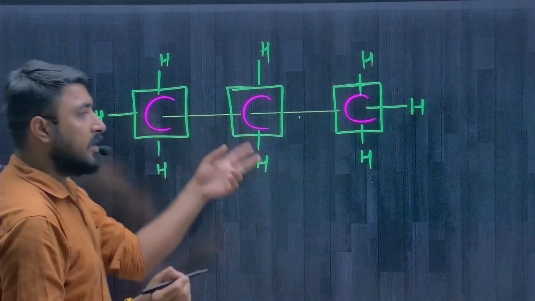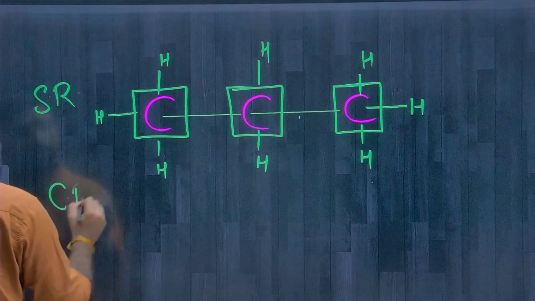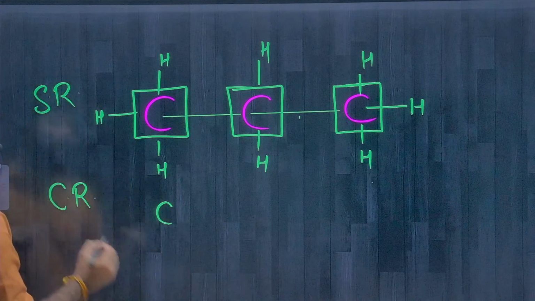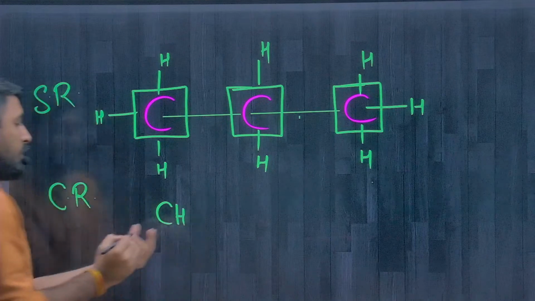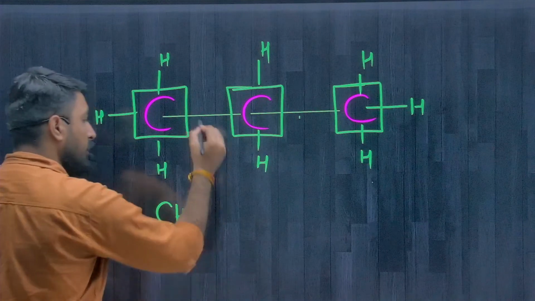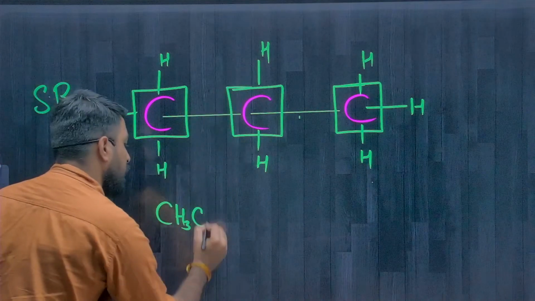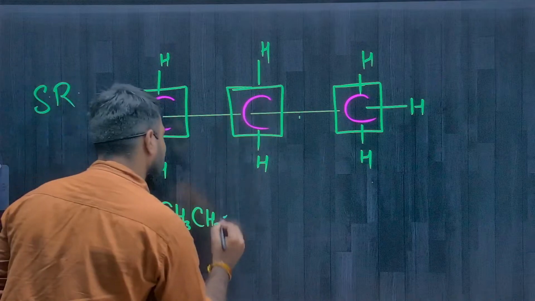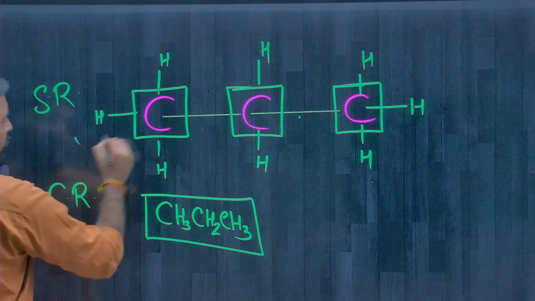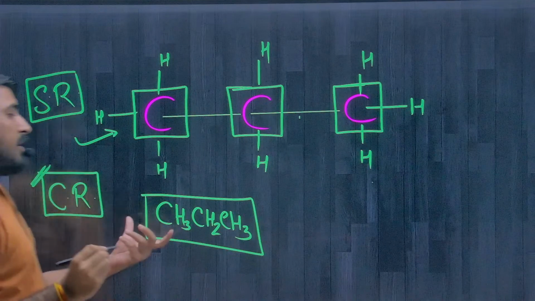Then we convert this structural form into the condensed representation. So again we write the carbon and all the 3 hydrogens, use a 3 subscript, so CH3. Then we do not represent the bonds, so again write C and 2 hydrogen, so subscript is 2, then carbon, then 3 as subscript. So for this alkane compound, the first representation is in structural form, the second is in condensed form,